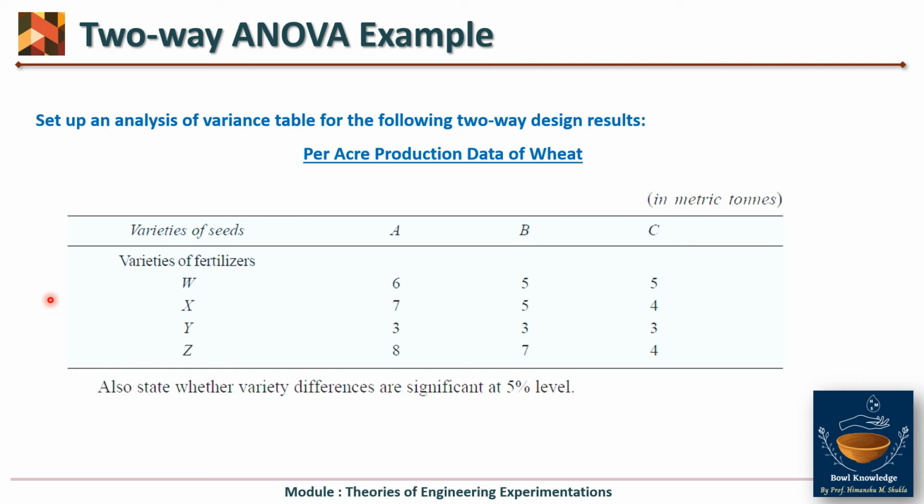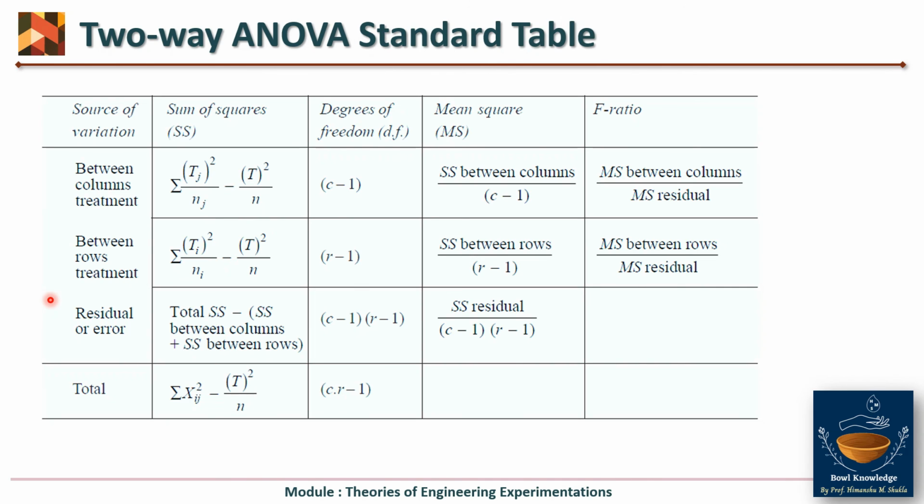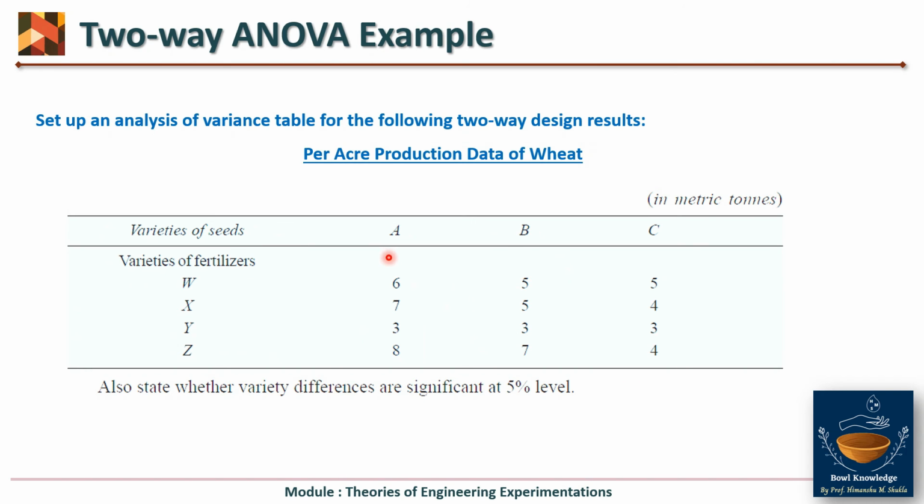Now see, again talking about per acre production, but here there are variety of seed also and variety of fertilizers also. So now we are not talking about sample size. You can see here, other than the correction factor, there is no role of sample size, because there are no number of readings. In fact there are 3 varieties of seed, that is 3 varieties of wheat, and 4 varieties of fertilizers. So at a time you are taking 2 factors into consideration, and that is the reason why we are going for two-way ANOVA. This is not possible in one-way ANOVA. There you have to take one-way ANOVA first for variety of seeds and second for variety of fertilizers.